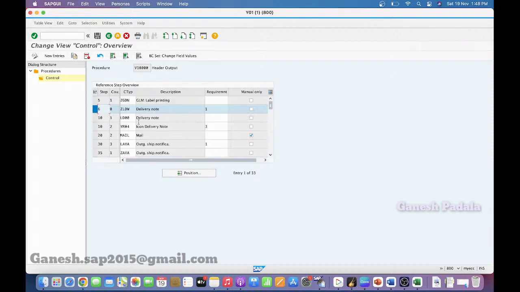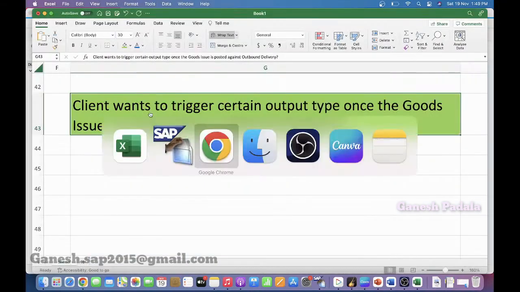Generally this will be used for sending certain information to the customer. Goods issue means almost everything is done, and the goods will go to the customer. So the information is that we are issuing the stock from our warehouse now. If you have such a requirement, you don't have to do any kind of enhancement. SAP standard has given a standard routine called 1. You can assign it to your output type, so that when you create the outbound delivery, the messages will show blank, but as soon as the goods issue is posted, you will see this output type automatically. I hope it will be helpful for your requirement.